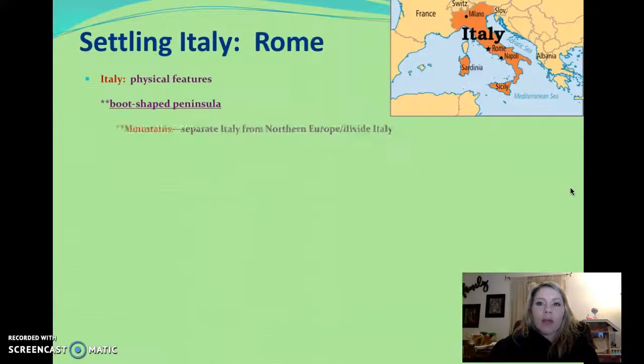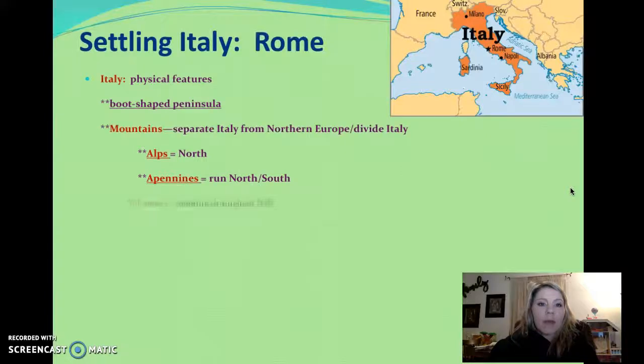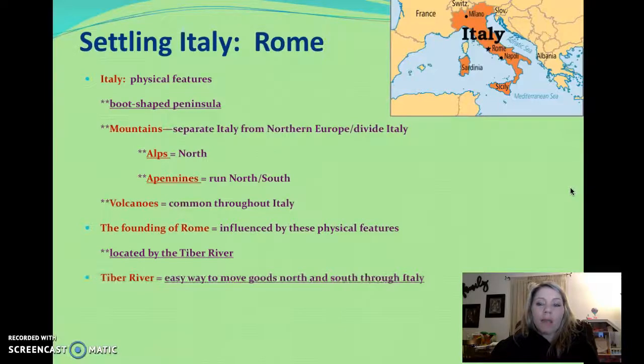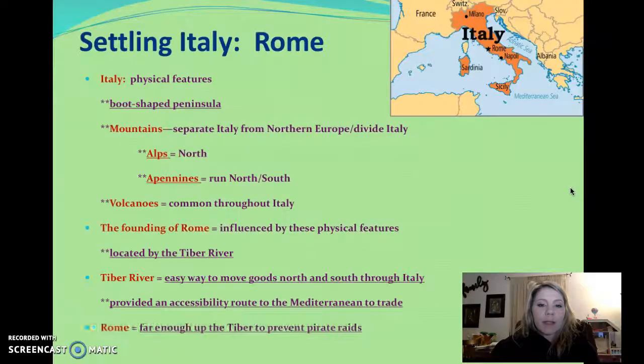In this picture, we are looking at the current country of Italy. What this map does not show are the physical features. So if we look up, I'm just going to click these all up there. If we look at Italy up towards Milano, on that upper corner, there's a mountain range that goes east to west right across the northern border called the Alps. Italy also has a mountain range that runs down the central part of Italy, along the middle part of that boot, called the Apennines. This is a really hilly area, so when Rome started, they were protected by these hills. They were able to develop without a lot of enemies coming in.